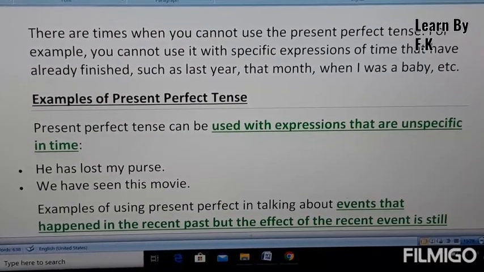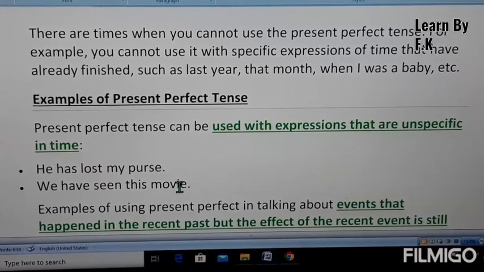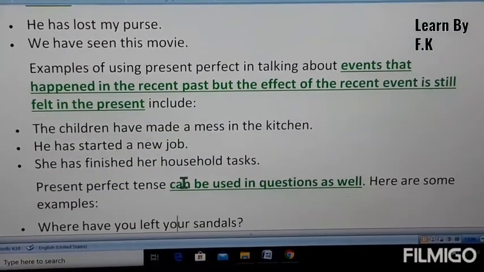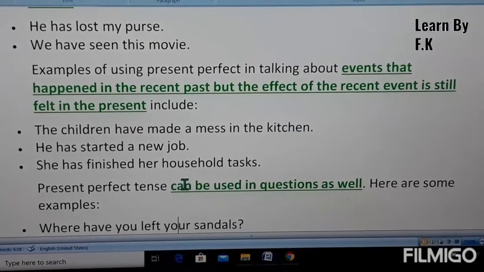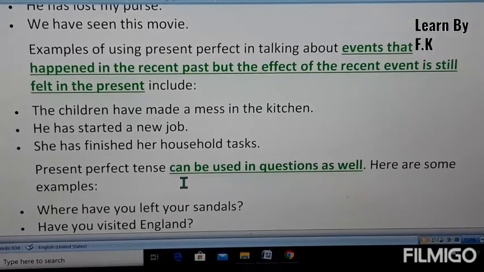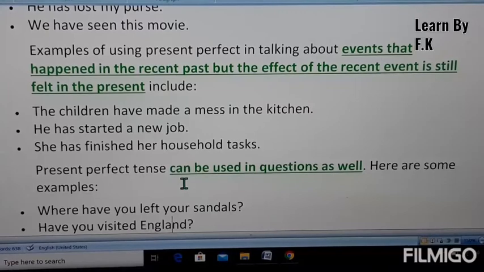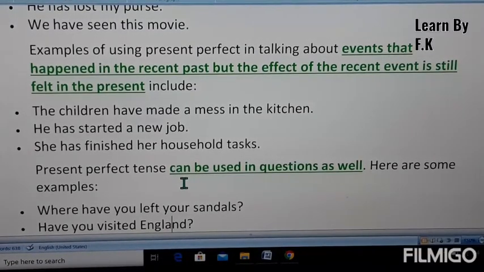And the second example, he has lost his spurs. So this is so easy to understand. Examples of using present perfect tense in talking about events that happened in the recent past, but the effect of the recent event is still felt in the present include: